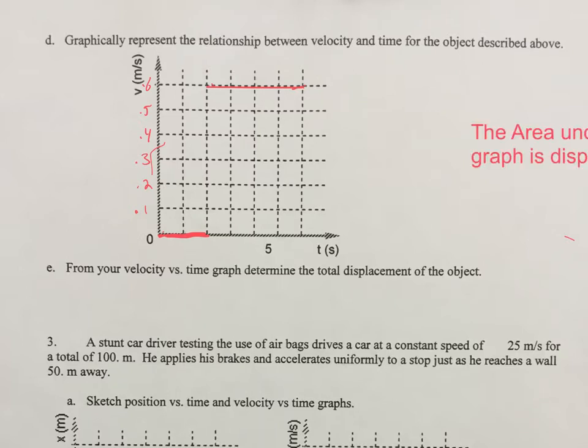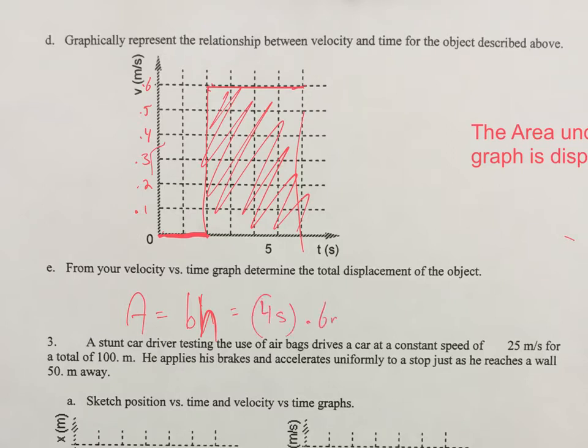So since from here to here, there's no area in there, that's 0. So all I'm looking for is really the area under this part of the curve right here. So that area is just going to be base times height, because it's just a rectangle. So the base is 4 seconds. The height is 0.6 meters per second, which gives me